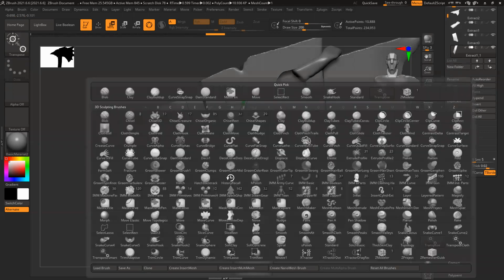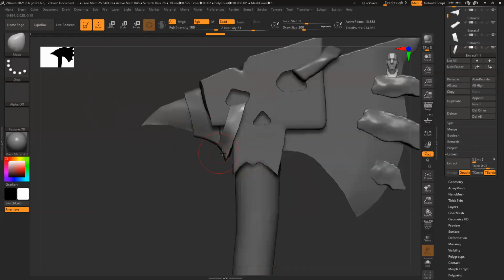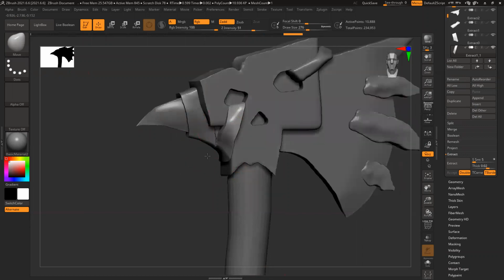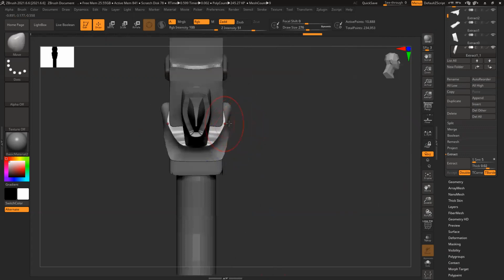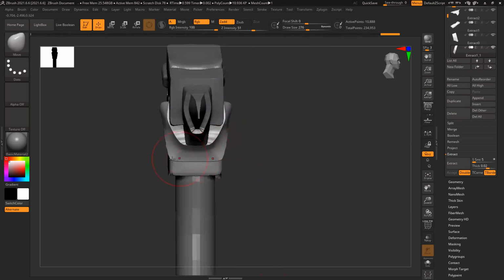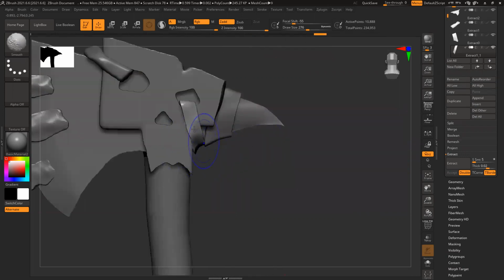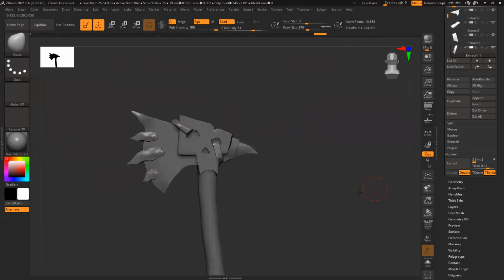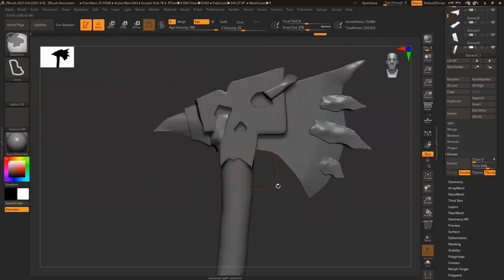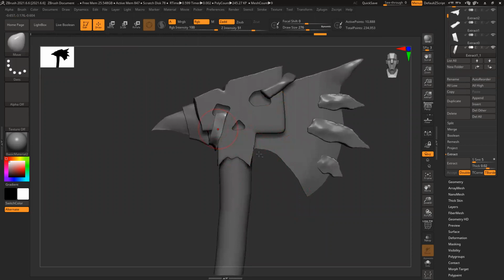Place it. All these things I'll fix. Now we have another strap here, so I can simply duplicate this one only.